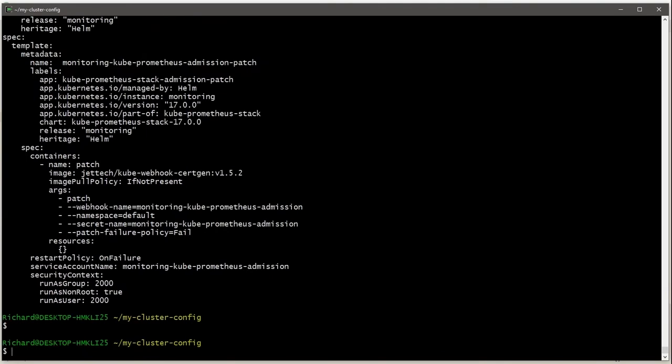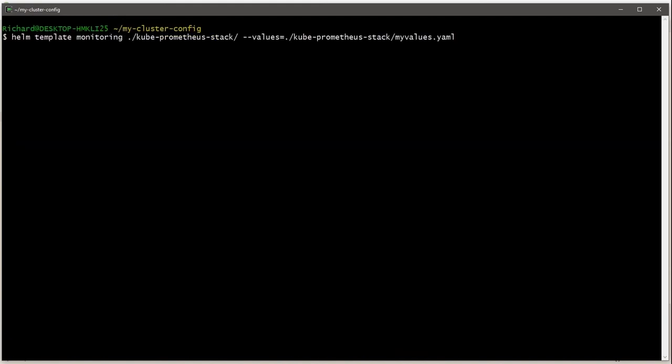And so what we're seeing here is the exact YAML that is getting applied to the cluster when we do Helm install. So this Helm template command has done everything except for that one last step. Now, what does that mean? Well, of course, it means we can catch this YAML. Instead of installing it, we can catch it.